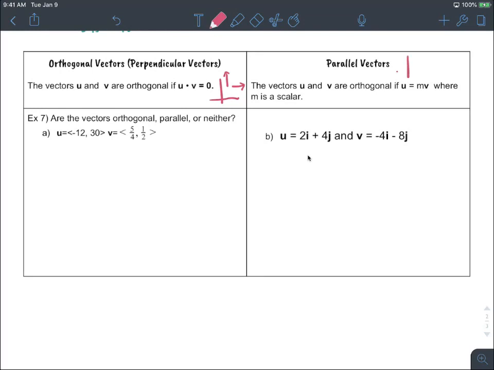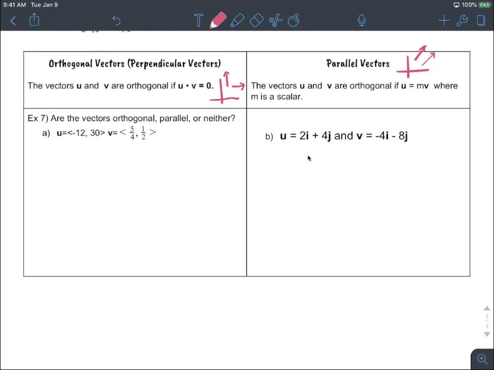Or if the vectors are parallel, obviously these are not going to connect. Those don't look very parallel. Okay, parallel. By calculating out the dot product, if the dot product equals 0, then the vectors are